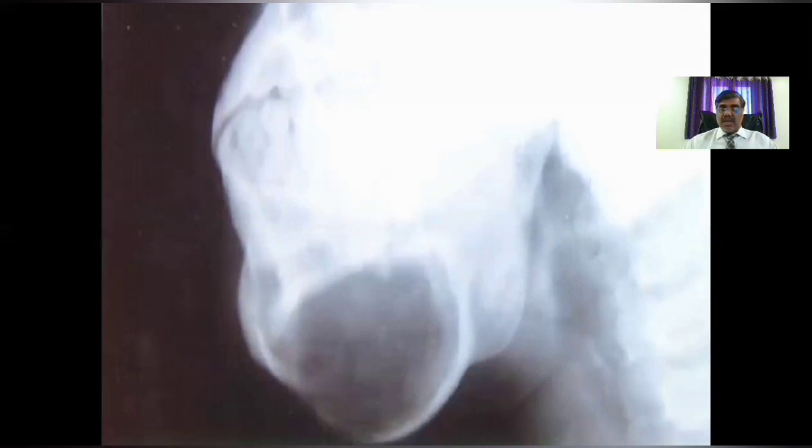So when I say radiolucent, the meaning is the normal bone in this area is resorbed and it is replaced by a non-mineralized tissue. The non-mineralized tissue allows the X-ray to pass through and fall on the sensor or film and gives a dark or black appearance. So this is how a radiolucent lesion appears. And in this picture, you can also see the downward bowing, a group of centrifugally growing tumors like ossifying fibroma, cementifying fibroma, and cemento-ossifying fibroma.